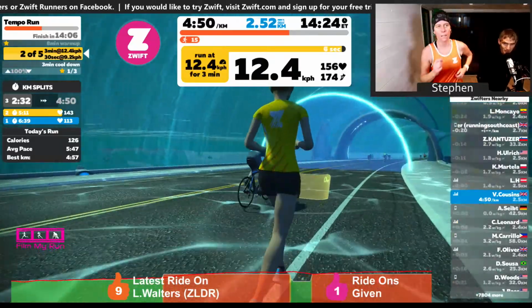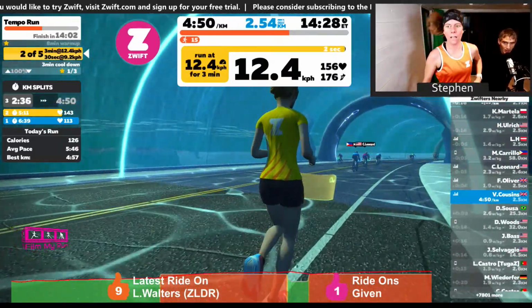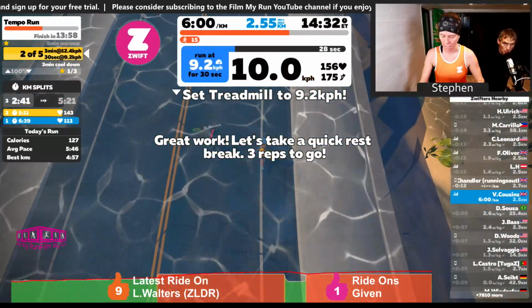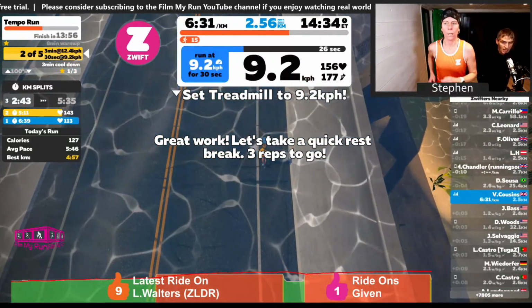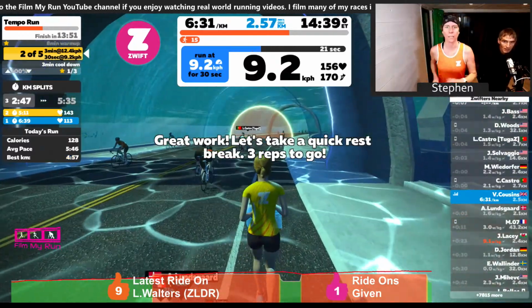However, the treadmill and Zwift is an amazing training tool. And I remember saying yesterday that you don't have cars or pedestrians or tree roots or curbs or anything to trip over or get in your way, traffic lights.